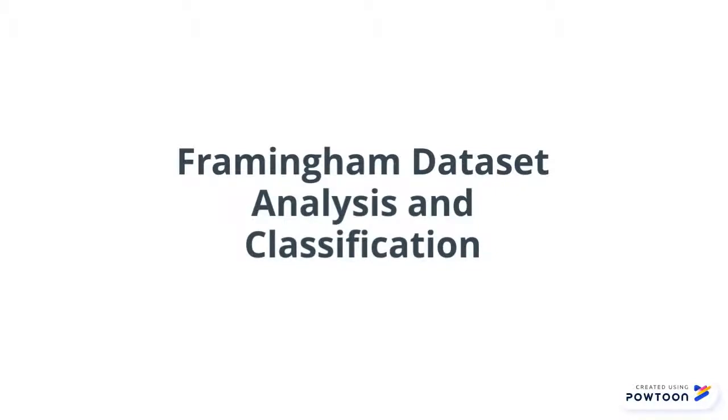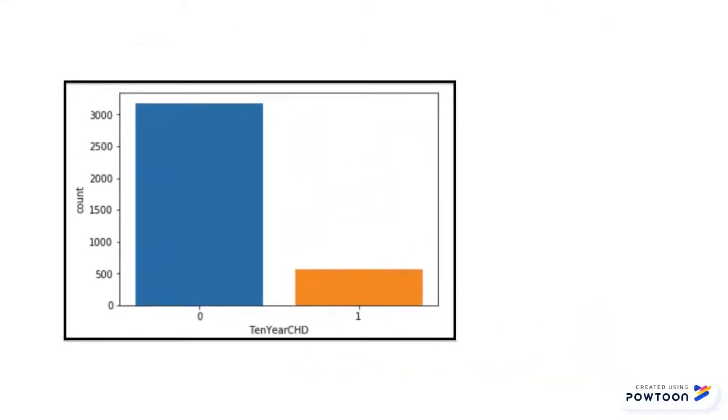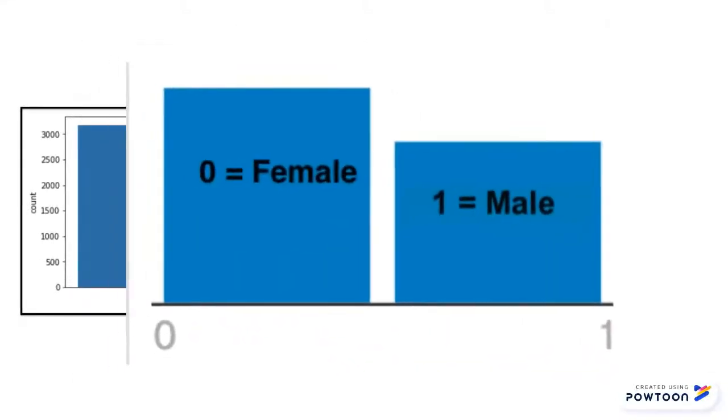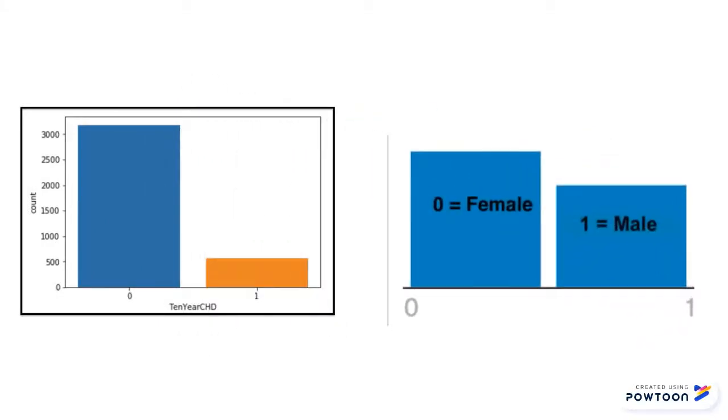So what we're going to do is input our data, and we're going to look at a few analytical things. We're going to take a look at some of the statistics from this Framingham data set. So over the 5,000 patients, about 3,500 developed heart disease and 600 did not. There's about 2,400 females and 1,800 male participants. Now, any of the patients that had any sort of incomplete data,